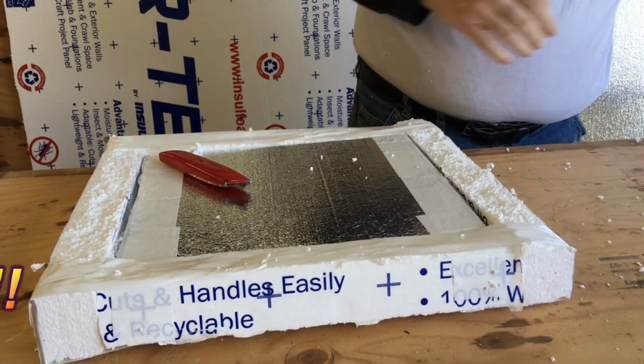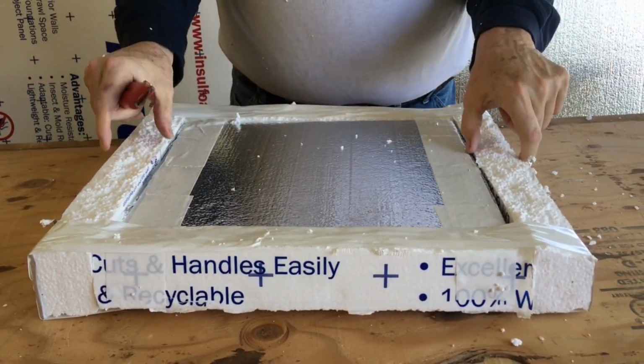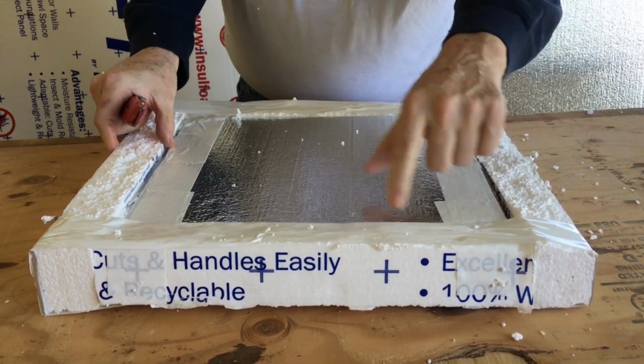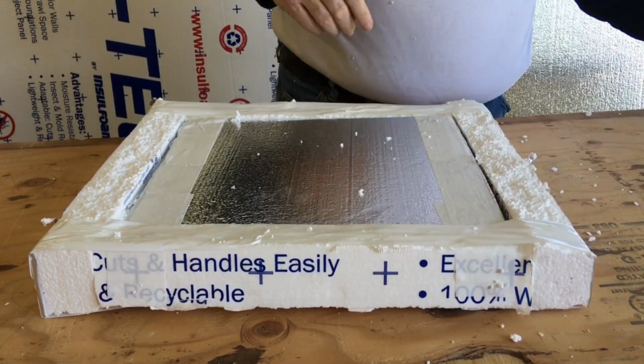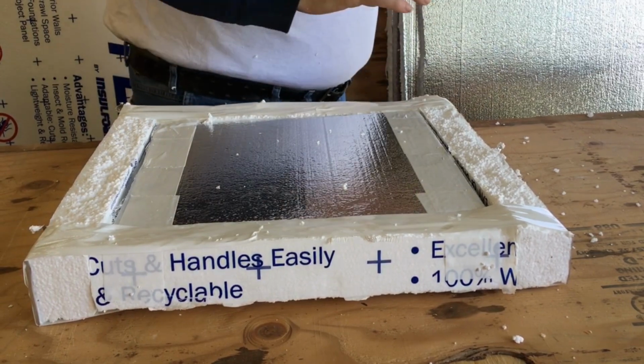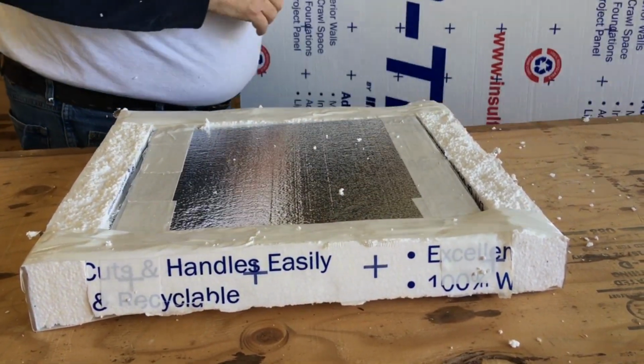Now that's a beautiful package. It's got 2 inches on the outside edge all the way around, but it's still only got 1 inch on top. So now what we do is we take our 1-inch foam,